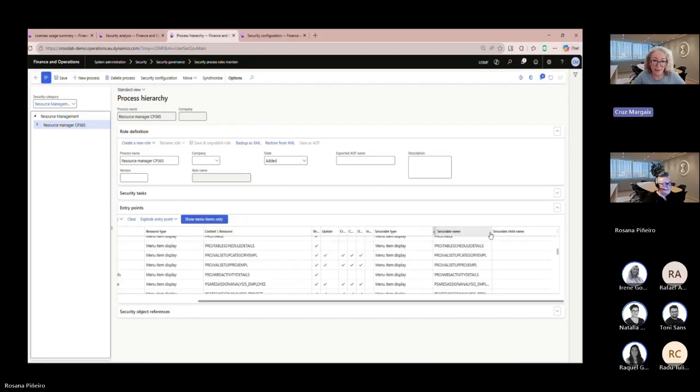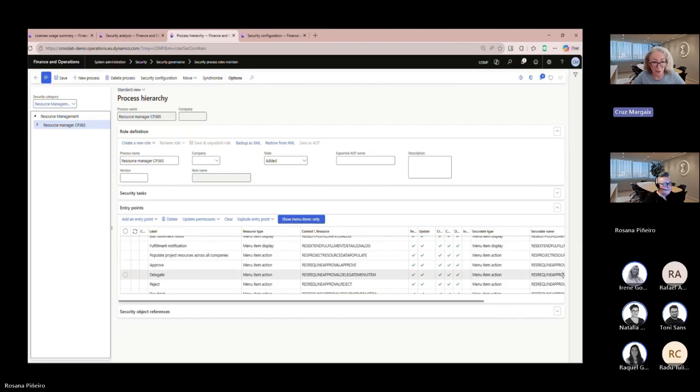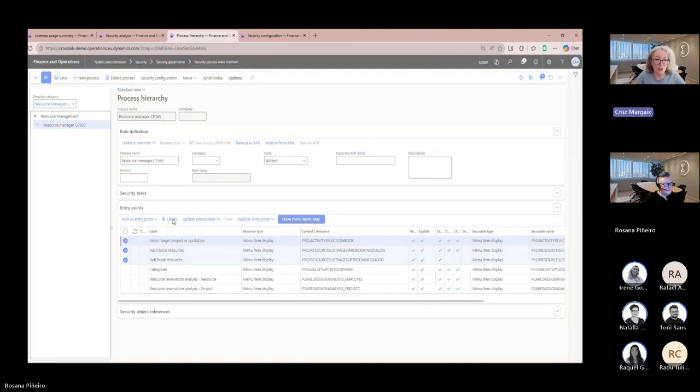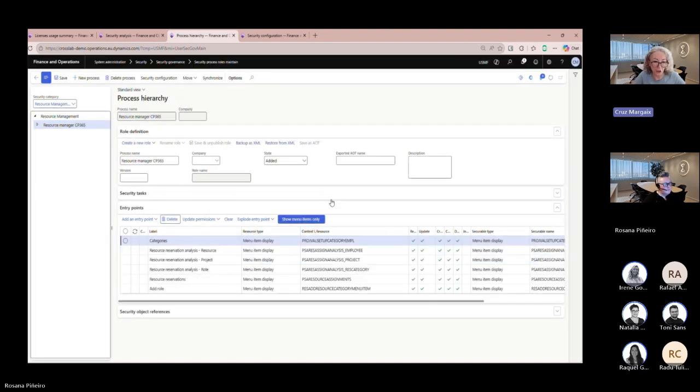And then here I can filter again those that require a project operations license and are not covered by the finance license. And then I can go one by one and say I take this 3, check in the usage report, they're not used, I'm going to remove them.